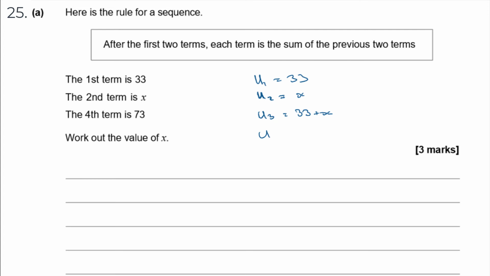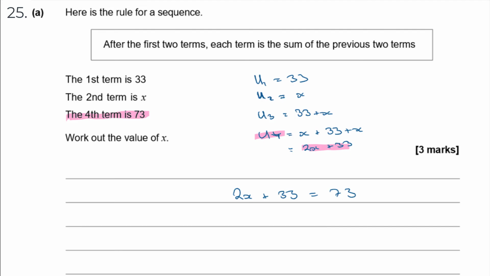And then u4 is going to have to be the sum of u2 and u3. So it's going to have to be x plus 33 plus x. In other words, it's 2x plus 33. Okay, but we've actually been given the value of the fourth term in the question. We've been told it is equal to 73. So this expression over here, u4, has to be equal to 73. So that means we can form an equation in x that we can then go on to solve, can't we? So if I know that 2x plus 33 is equal to 73, then I can just solve for x,